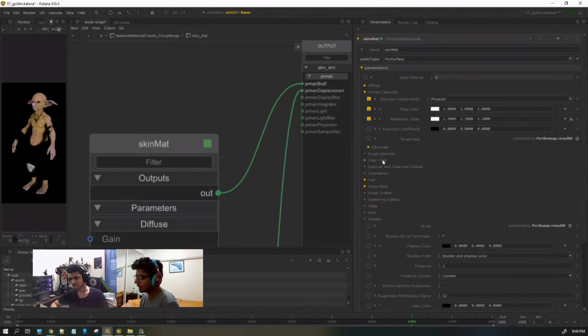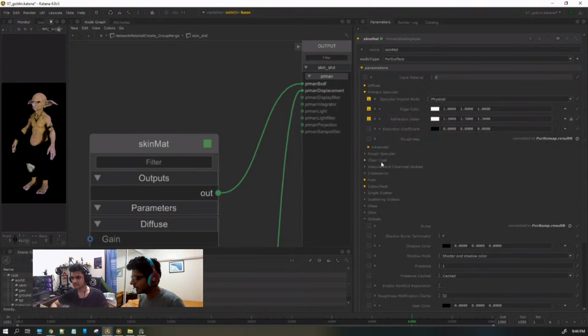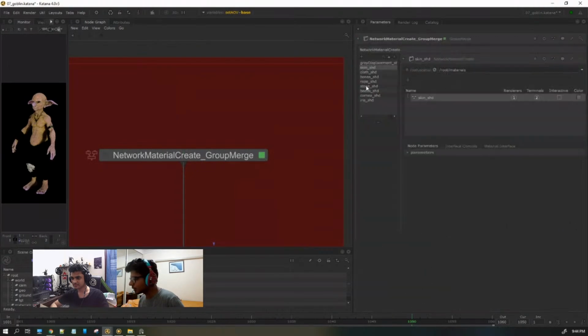Now, I have not added in a rough specular or a clear coat because I didn't want another lobe of specularity on top. But at some point, if I feel the need to add some sweat layer or something like that, I'll probably add in clear coat. But yeah, that's about it for skin. So basically, all the rest of my nodes are based on how skin is working, except for maybe the